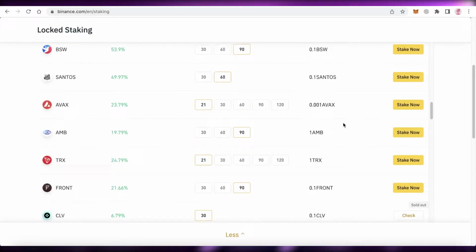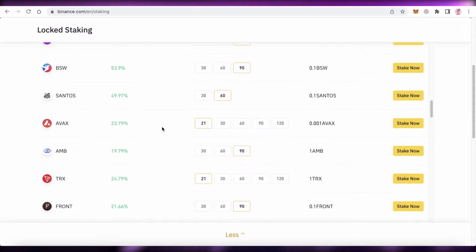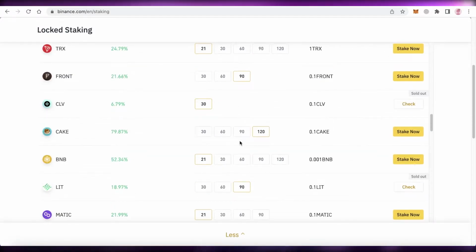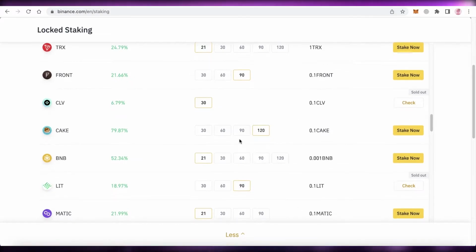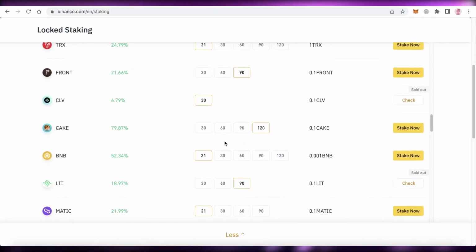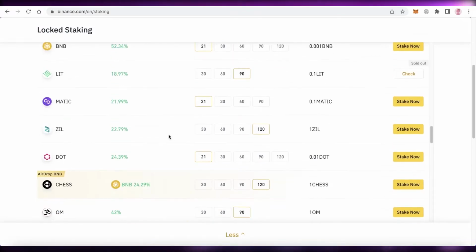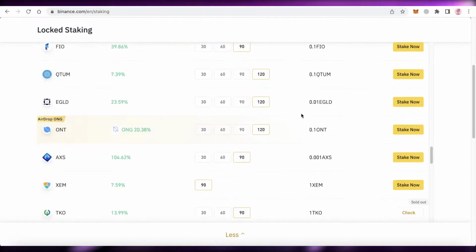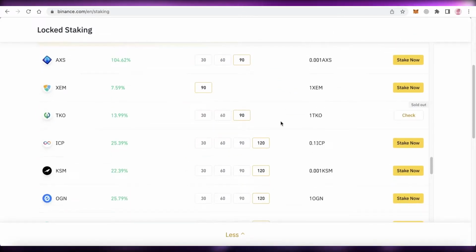Now make sure that whatever you stake in a locked staking account is flexible money. You should not be needing that money in the next couple of days or however many days you have locked that money for. If you're going to need that money in the next couple of days or weeks or even months, then make sure to stake it for a very short period of time,